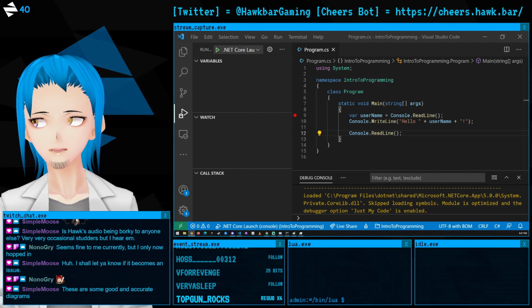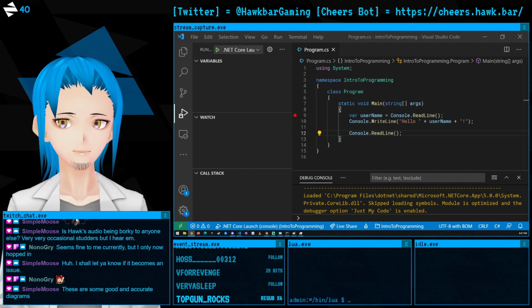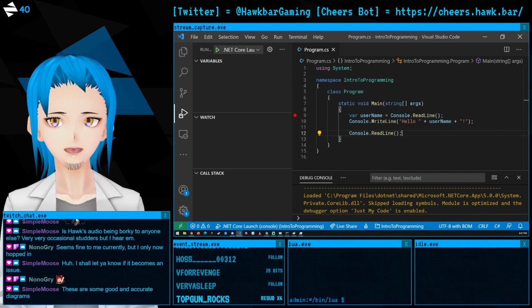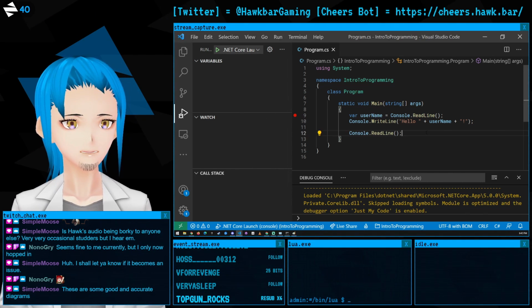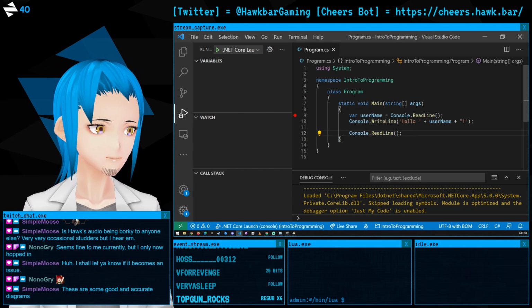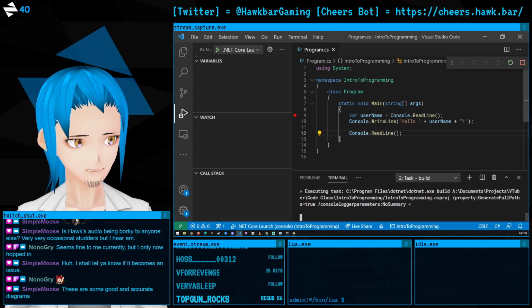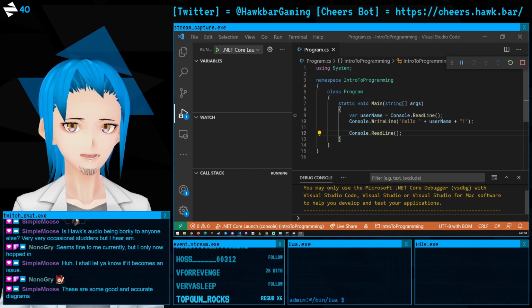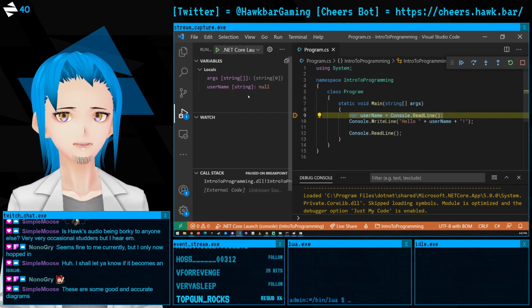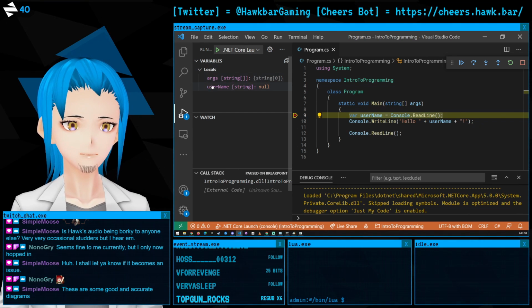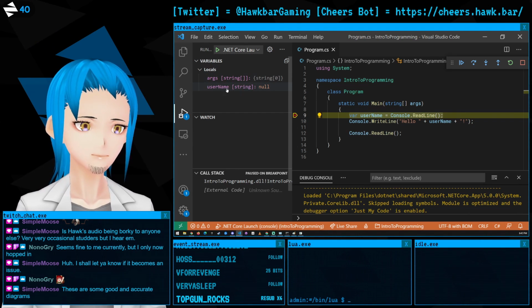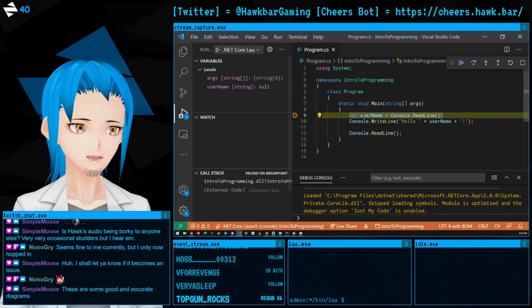But we've got one more assignment for this session. And we're going to talk a little bit more about variables and how variables work in programs. So if we do this step debugging, you'll see some very important thing here. This is our set of variables here. And we've got this username variable that we created